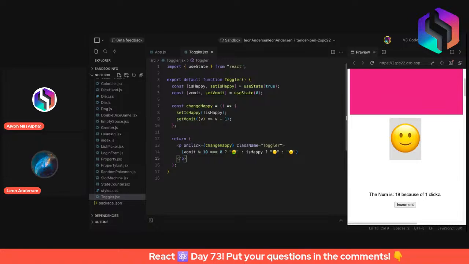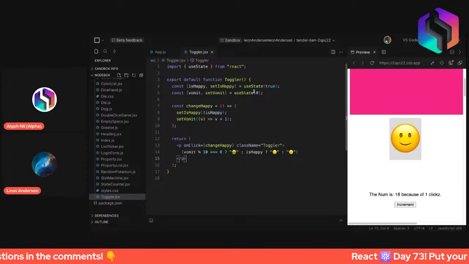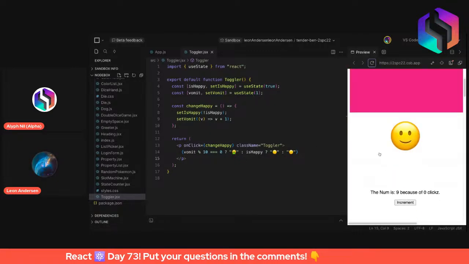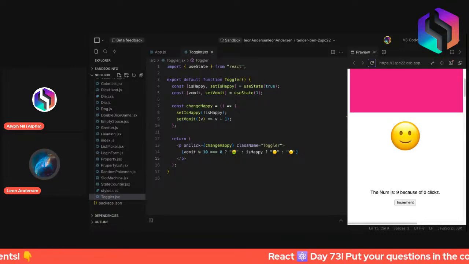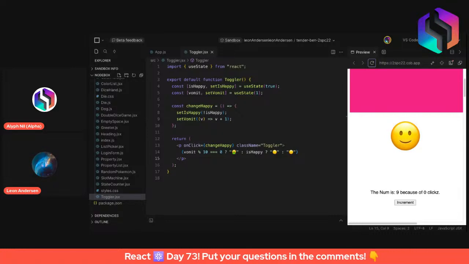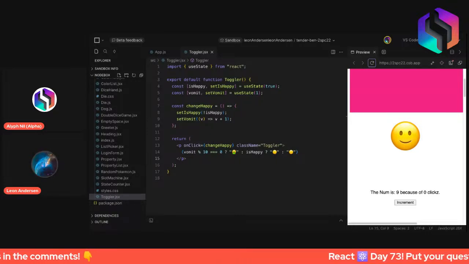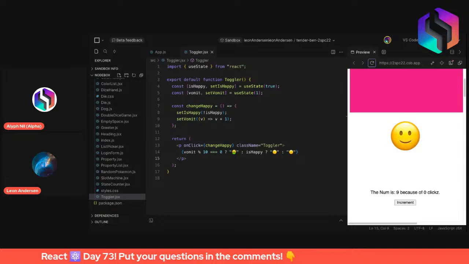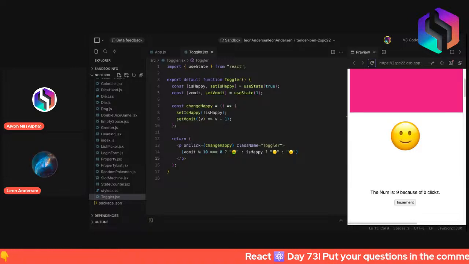So basically, every time the change happy function gets triggered, it triggers both the set is happy and set vomit functions, and the set vomit increases V, and then at some point vomit basically becomes bigger than 10, and then it